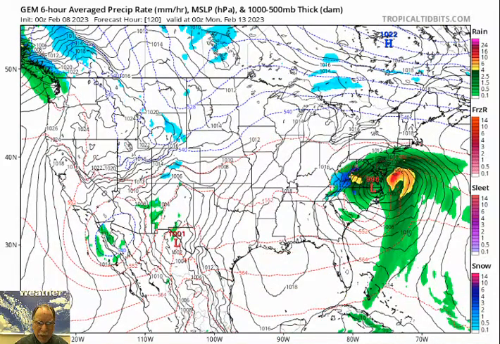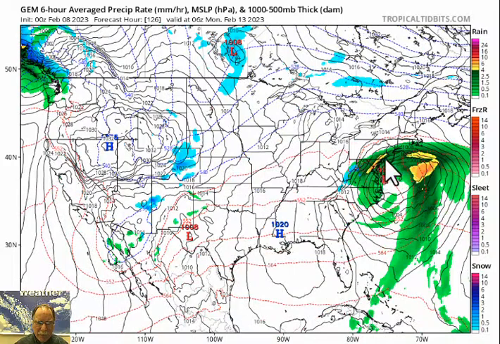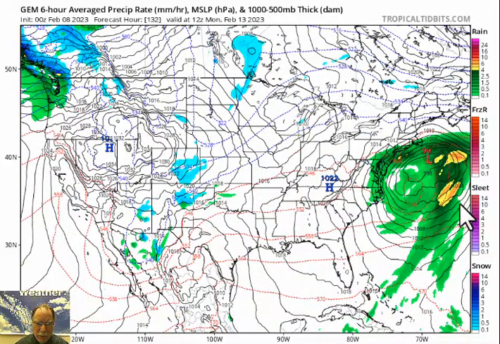We move forward in time, maybe even enough for a wintry mix in some of those suburbs north of the I-95 cities, north and west of D.C., Philadelphia, New York City. That remains to be seen. Even some heavy rain is a possibility with this system. This is all the way now into Sunday night, so certainly looks like this is slowing down the overall scenario. A couple of days ago, it looked like this system would have an impact on Saturday. Now it looks like more of a Sunday type of system for the Mid-Atlantic region. Will go all the way into Monday morning, and that's when it pulls off the eastern seaboard.